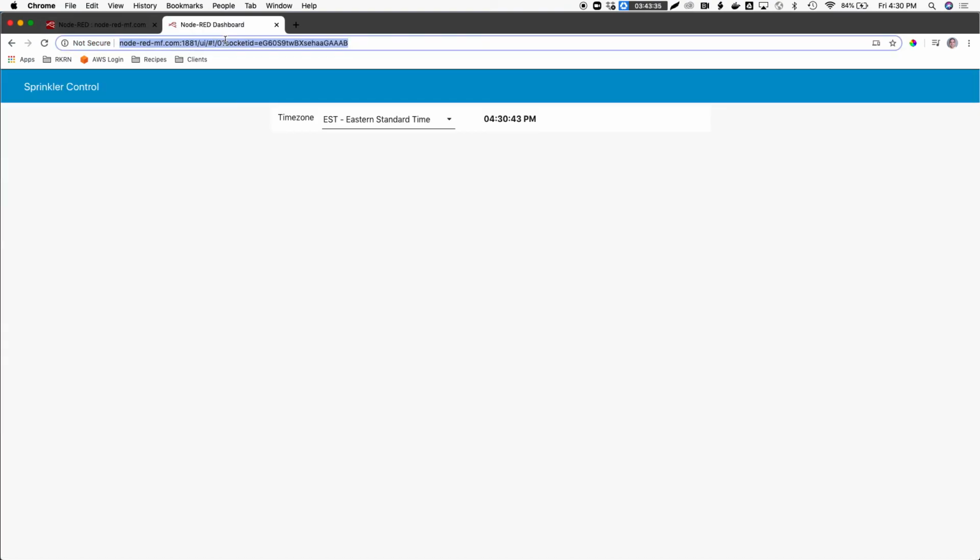And in fact, I already have it open, so let's refresh the page. And I can see that Eastern Standard Time is the default. The clock confirmed is showing Eastern Standard Time. And if I were to change this to Pacific or Pacific Standard Time, it goes back by 3 hours, as we'd expect here. Same thing with Central, Mountain,